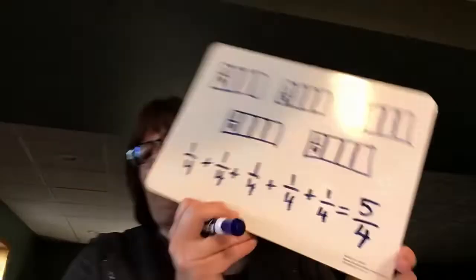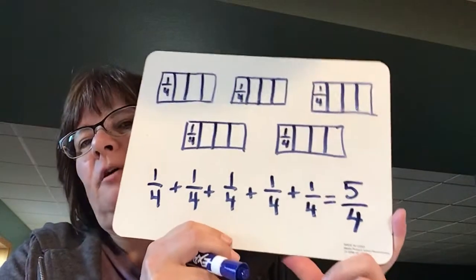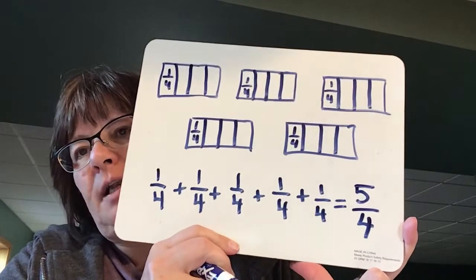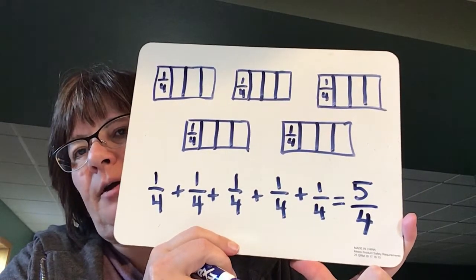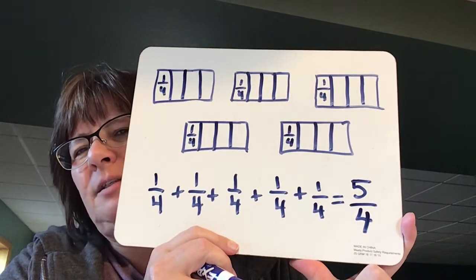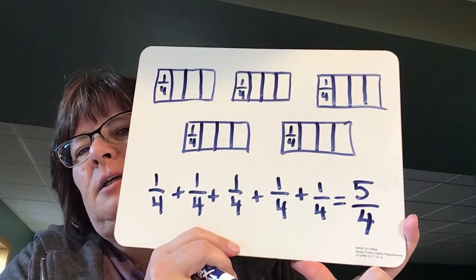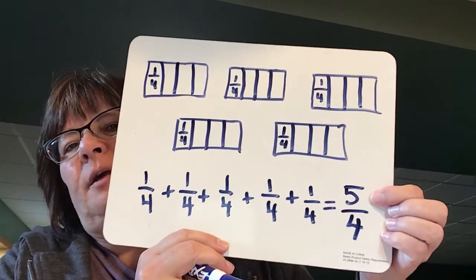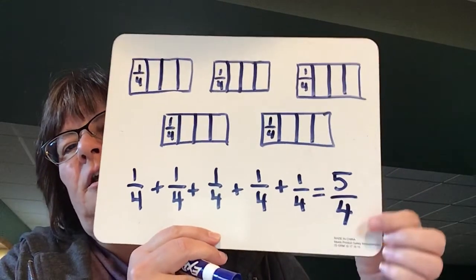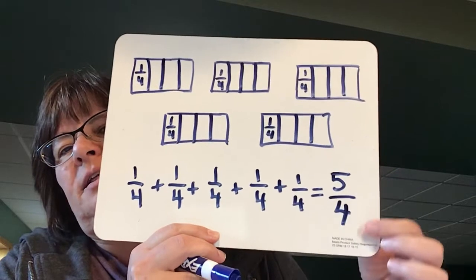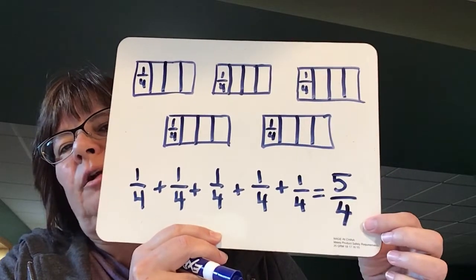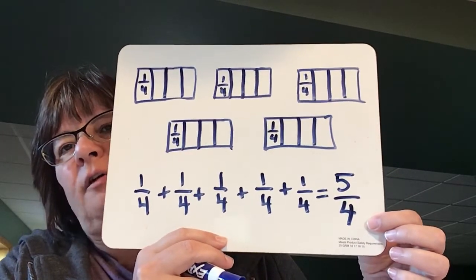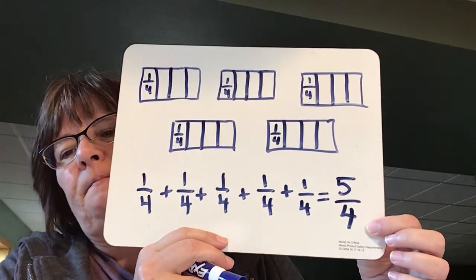So that answer of 5 fourths is an improper fraction, and it might have a few of you thinking about possibly an easier way to do this, because you know that if the numerator is larger than the denominator, this is more than 1 whole granola bar, isn't it? 4 fourths is 1 whole granola bar. So another way I could do this,